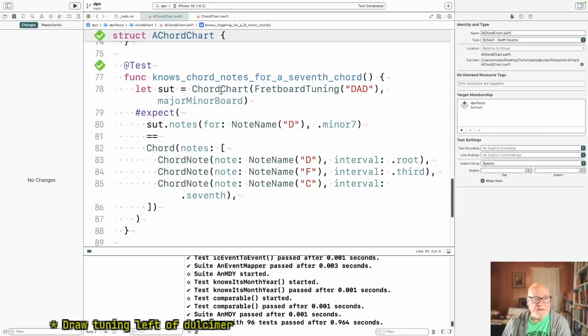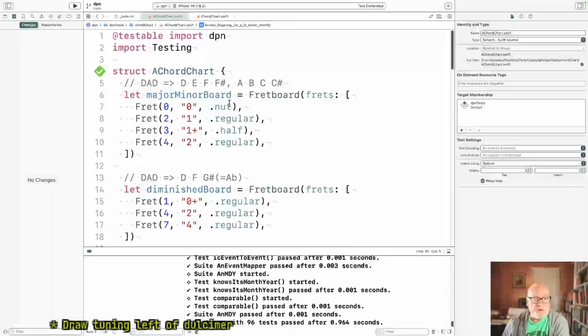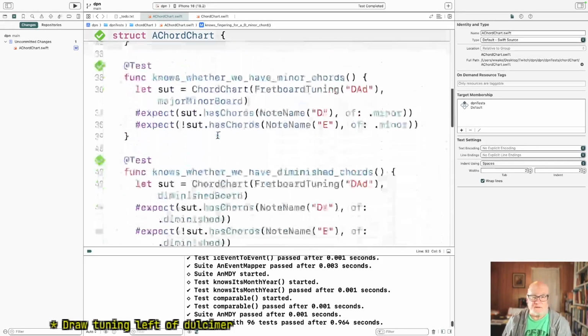Fretboard tuning DAD, major minor board. Yeah, let's take this board. So we have D, F sharp, A, F sharp, D, F sharp, A, D. Okay. C, E, G, no. F, A, C, we got. All right, so let's